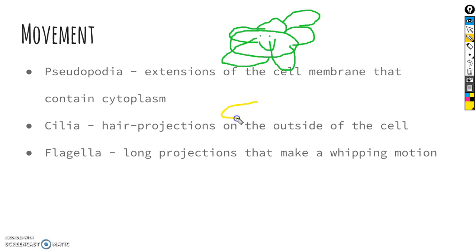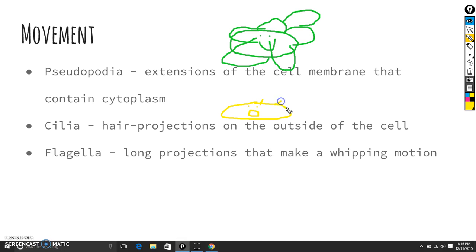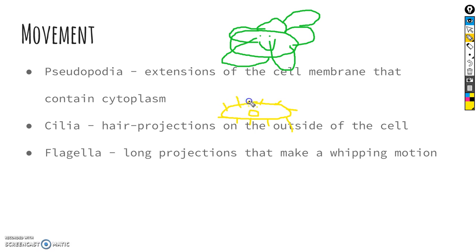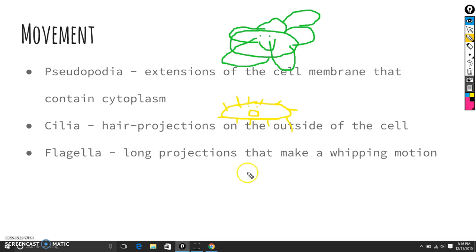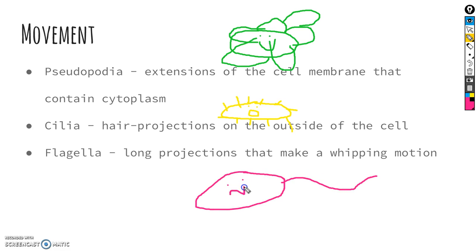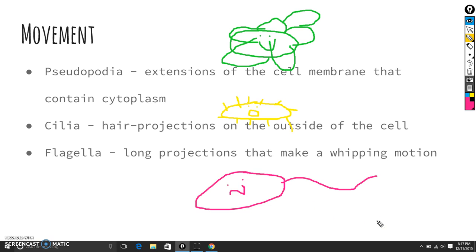Cilia are hair-like projections on the outside of the cell. They vibrate back and forth to move the cell like a large rowboat. They are able to take in food for the cell as well. They are moved by ATP, causing contractions in the doublet microtubules. Flagella are much like cilia. They use few, long projections that make a whipping motion like a tadpole. They are also moved by doublet microtubules.